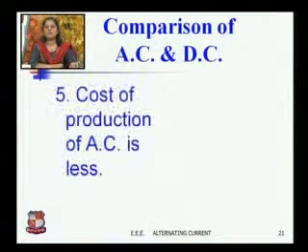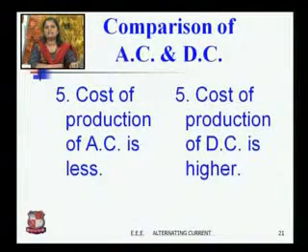Now the next point for comparison is that the cost of production of AC is less, while in DC the cost of production is high. The reason is that if you are considering an alternating quantity, then it starts from the zero value and gradually increases and reaches up to the maximum value. But while you are considering a DC quantity, then the DC quantity has a fixed value. Suppose you draw a waveform of 50 volt DC, then the magnitude of DC is 50 volt,